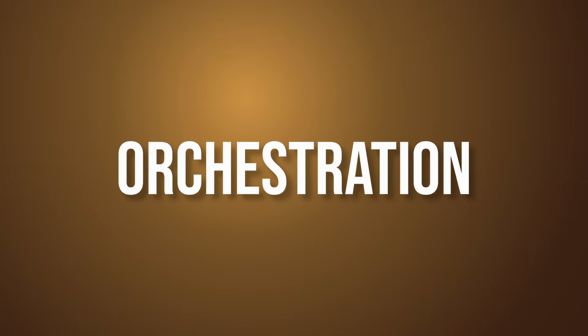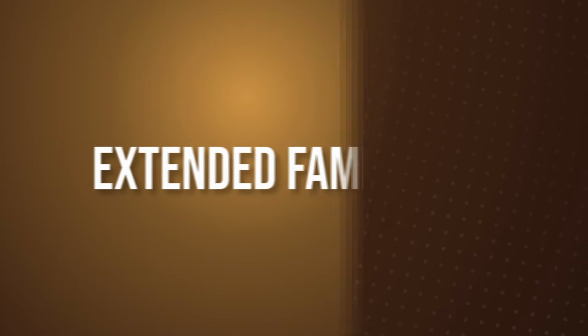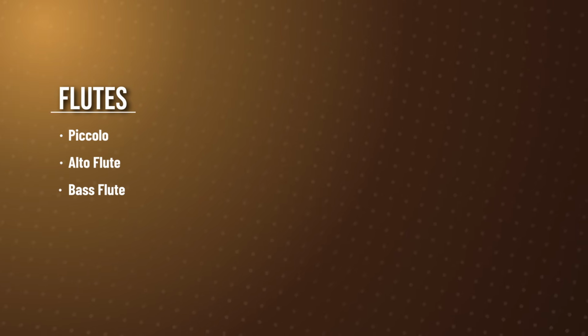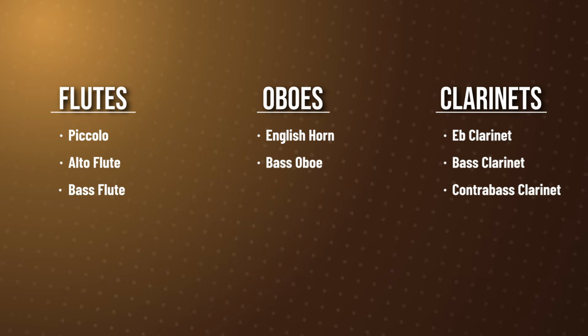So what are some dark colors of the orchestra? Well, let's think low instruments. But more interesting than that, we have the extended families. We have the auxiliary instruments. Let's take the flute. We have alto flutes and piccolo. What about oboe? We have English horn and bass oboe. Clarinets. We have bass clarinet and contrabass clarinet. And on the high register, we have E-flat clarinet. Trombones, we have bass trombones and contrabass trombones.